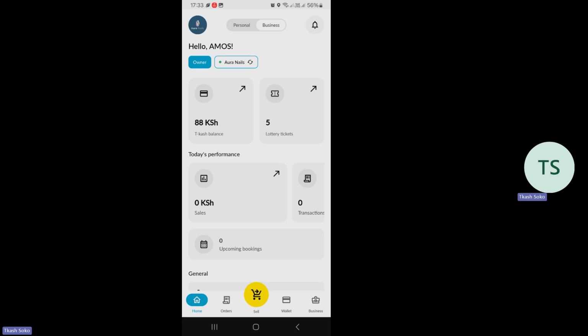So another reason as to why it is very important for you to fix your shop ni for easy transaction monitoring. Utaweza kumonitor transactions zenye unafanya using the Tcash Soko platform, if after all prices zako ziko fixed na pia items uko nazo online ndizo items uko nazo pale kwa shop. So the app will be doing a lot for your business.